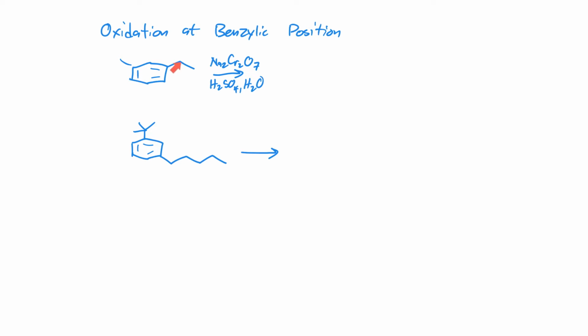So on this molecule that I have here, there are two benzylic positions. On this molecule down here, this is a benzylic carbon, and this is a benzylic carbon. So oxidation at the benzylic position involves changes at that carbon. And if we use sodium dichromate, sulfuric acid, and water, this mixture here, we get a product that is a carboxylic acid. And so you'll notice that both of these alkyl chains turned into carboxylic acids, and this chain even lost a